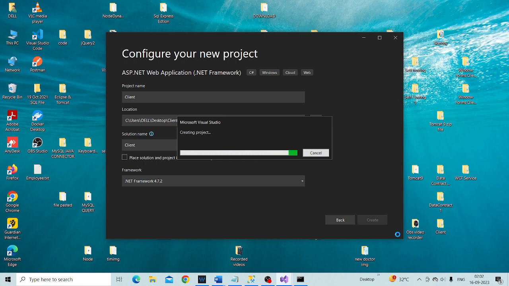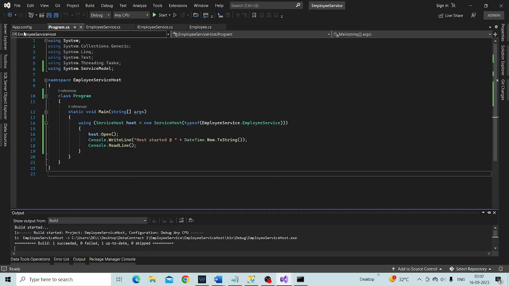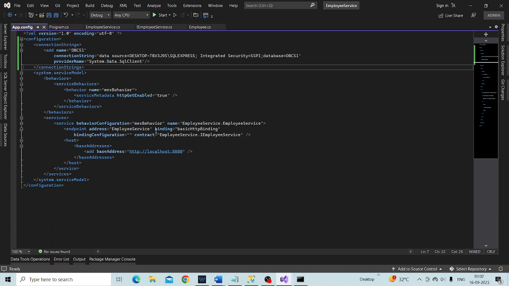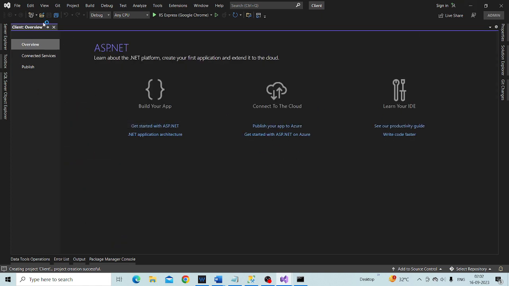The first thing we need to do here is to add a reference to our WCF service. If you look at the configuration of our WCF service, the base address for this service is this address. So go to the service. Here it is, the app.config file. Copy this, http://localhost:8080. So our client has been created,